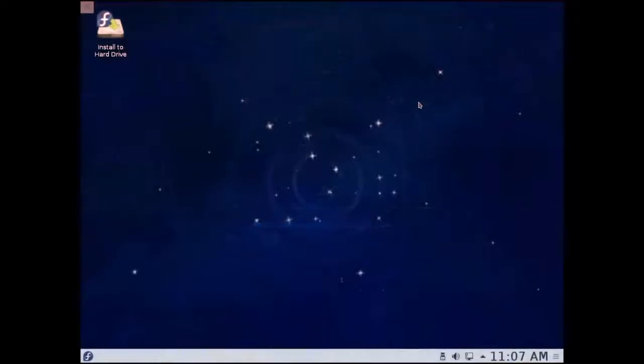So you will get a screen, just like I have a screen here. I'm unable to get the full resolution until I actually have installed the system and configured it, but it doesn't matter. I'm not going to be using this virtual machine. I'm just showing you how to actually install it. You will get an icon here. It says install to hard drive, and just double click on it